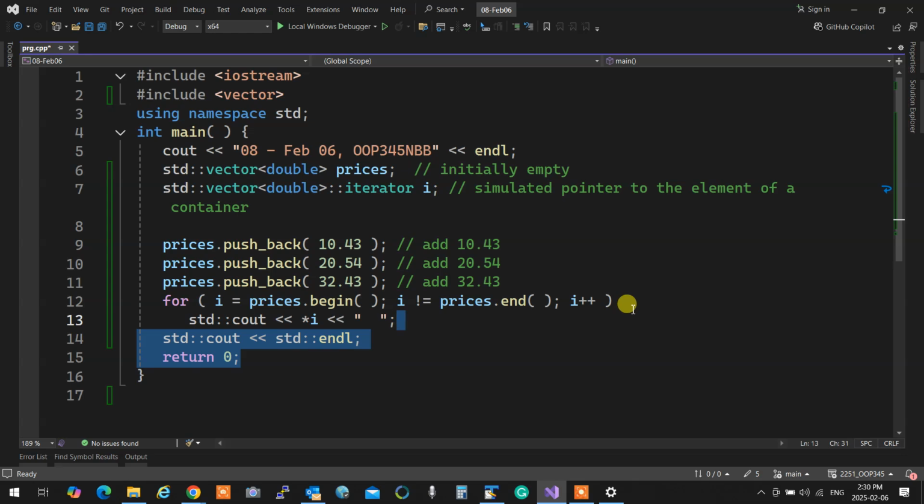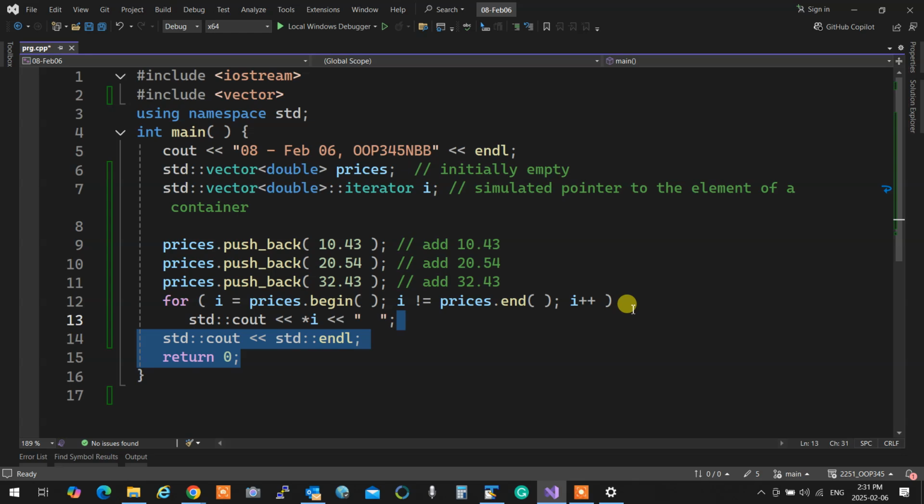The begin method of all containers returns an iterator that points to the beginning of the container. So I can say for i equals prices begin and i not equals prices end. It means keep going until you hit the end. OK? So end is essentially one after.